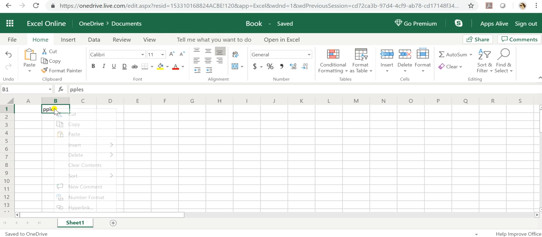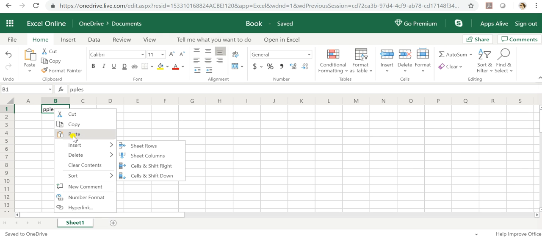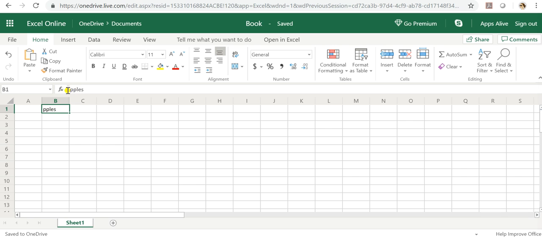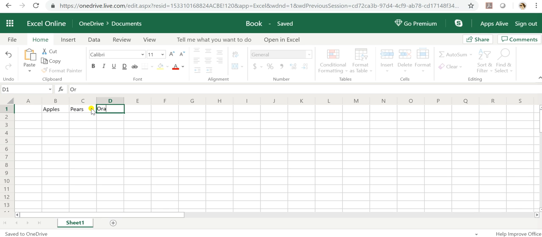So if that happens, you can right click on it. And then you don't need to right click on it, just left click there and then left click up there to add your letter. Or you can double click on that and start typing in the text again. So apples, pears, oranges, grapes,